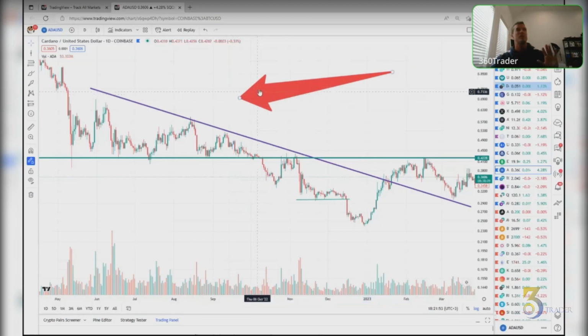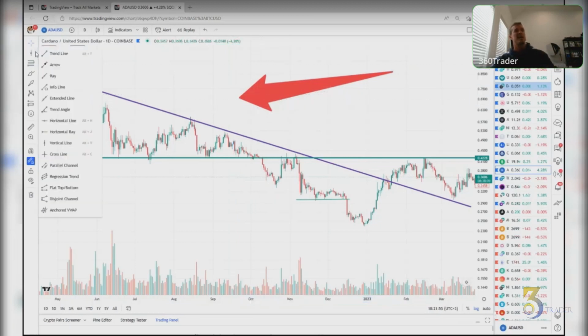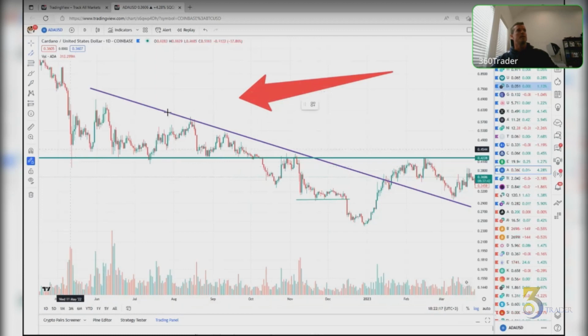Very simple. Guys, I realize this is a very basic course, but a lot of people don't know how to use TradingView, so I'm just trying to show you. I stay away from almost all of the rest of this. Parallel channels I have used, and I'll show you why. But you can do the same thing without them. A lot of times I'll just use trend lines to set my channels.